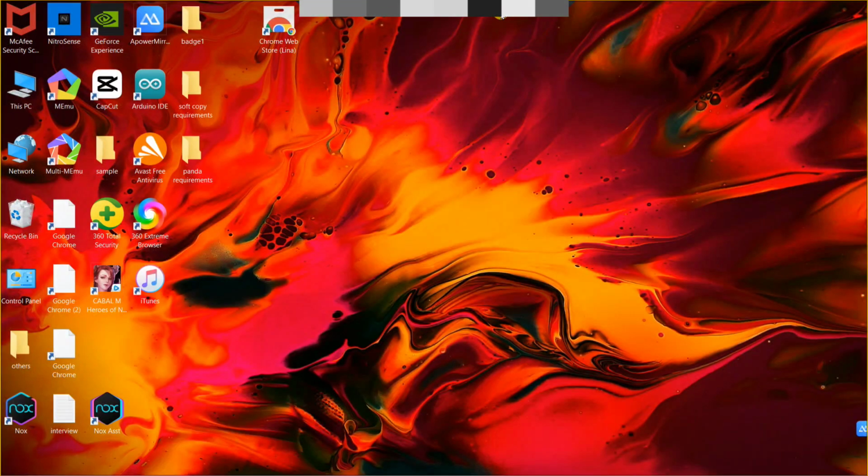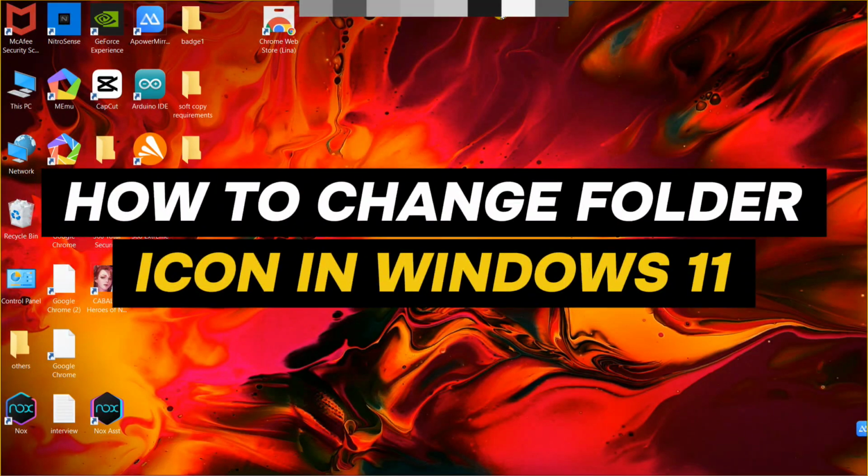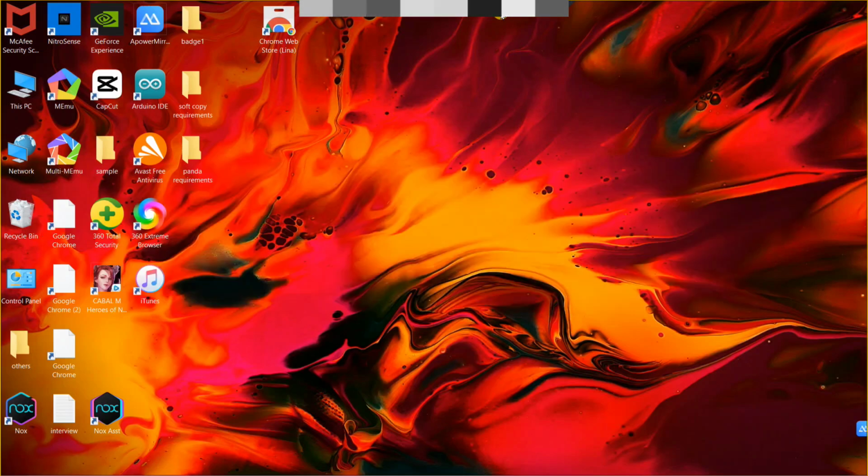In this video, I will show you how to change folder icon in Windows 11. Changing a folder icon in Windows 11 is a simple way to personalize your workspace. So to be able to do that, go ahead and right click on that folder that you want to change